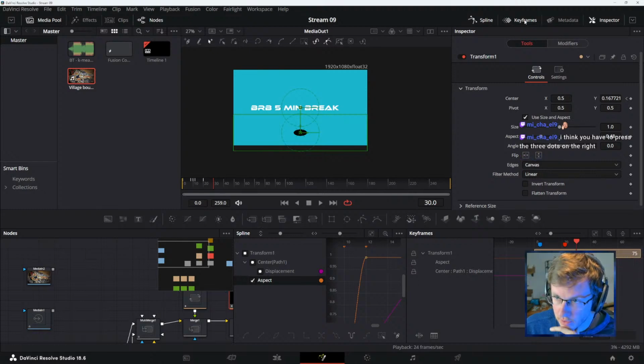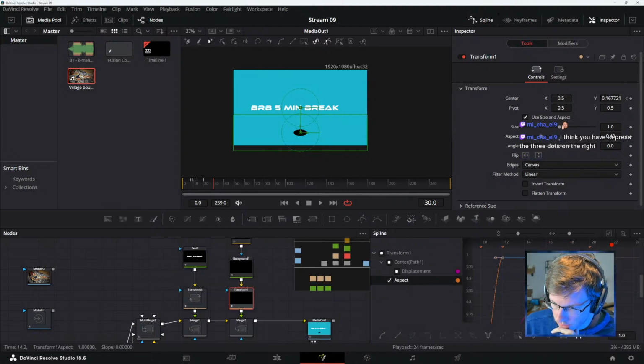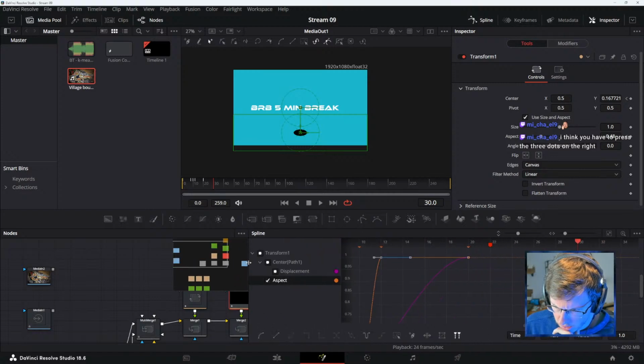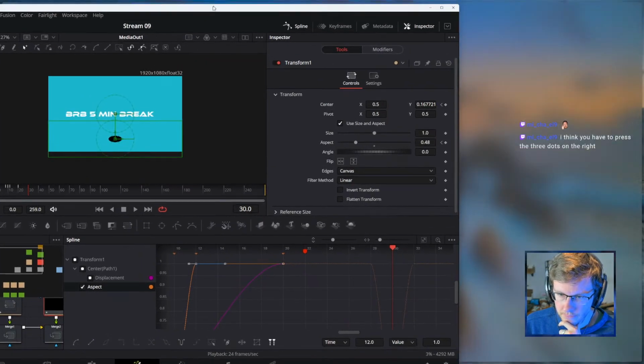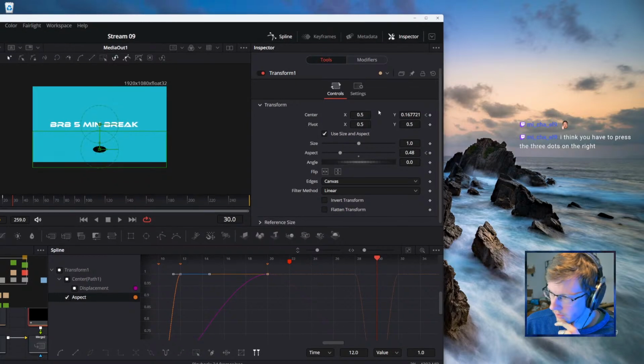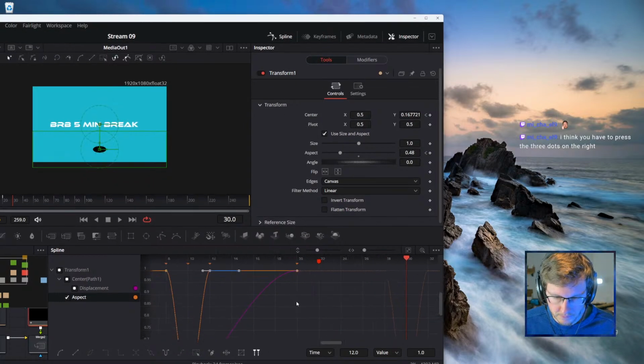So that's the same deal. Select this and you get the time and the value. It's actually a good way to edit these things, I think.